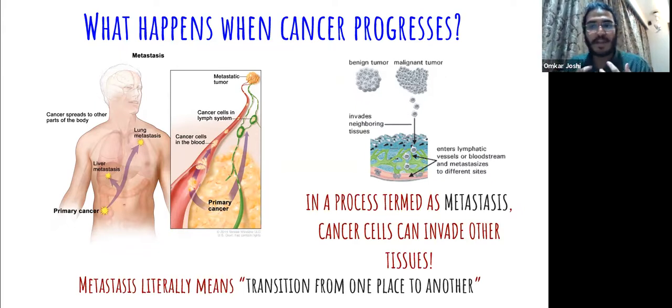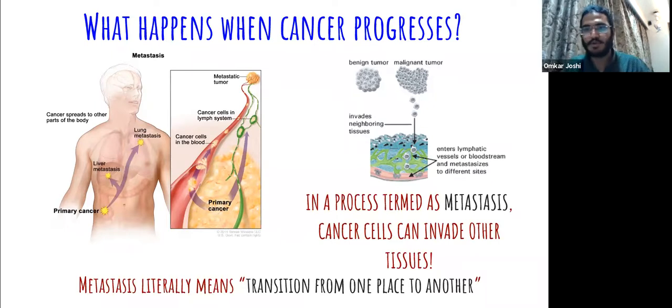And this is where therapy becomes really difficult, especially by surgery. If you have a tumor which is localized to a place, for example, a breast tumor, you know that it has not metastasized, and so you can take the lump out and the cancer probably will not progress, right? You kill the cells. If the cancer has metastasized to other parts of the body, you can't open the entire body, right? You have to perform a surgery in a small localized portion. So if cancer has metastasized, surgery is usually not an option because there are so many lumps everywhere.